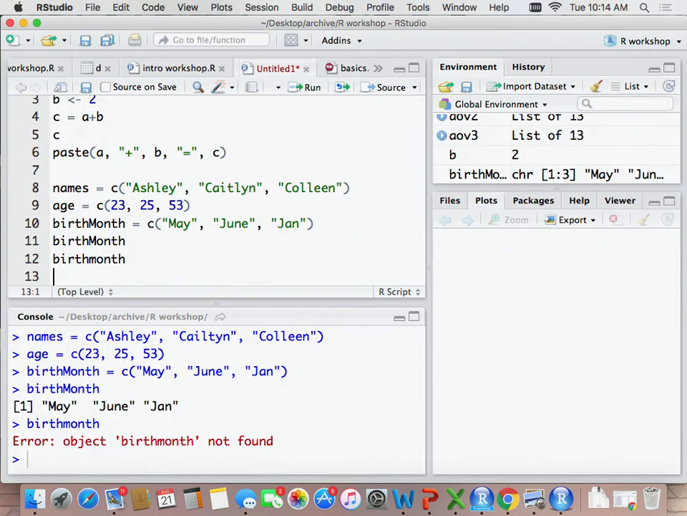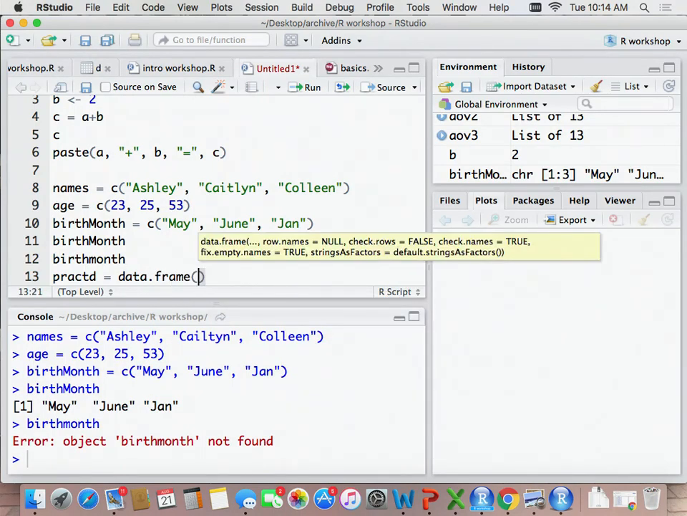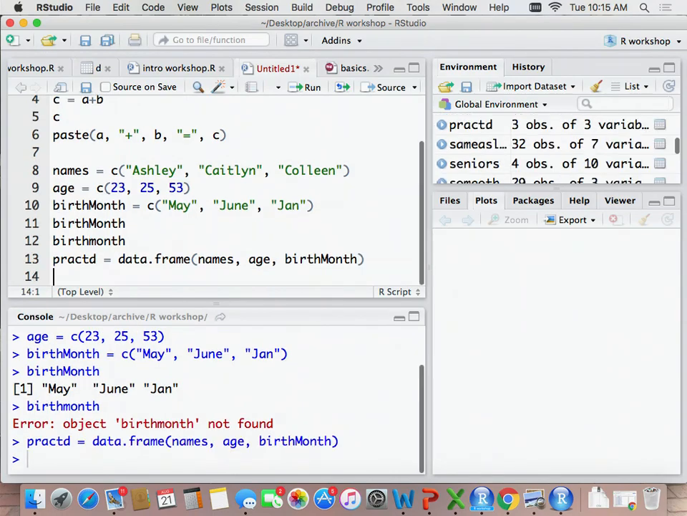So like I said, these 3 vectors are not connected. They're just separate values. If I want them to be connected, we can make a data frame. I'm going to call the data frame practd, just for practice data set. And then we're going to use the function data.frame, which makes a data frame. It's a really nice name. With comma separation, we're going to put names, age, and birth month, and make sure you use the capital M. Then when we run that,